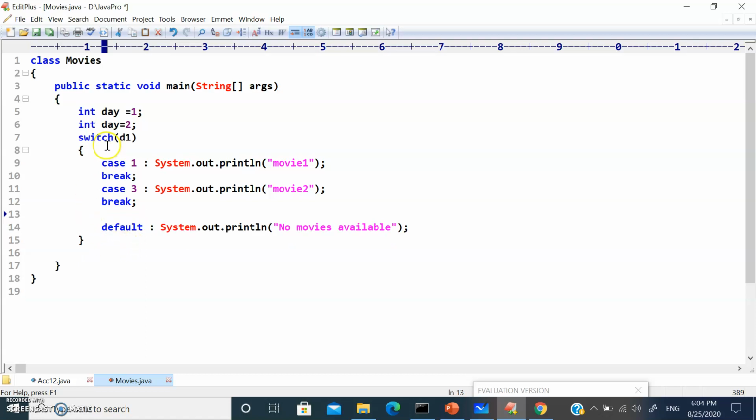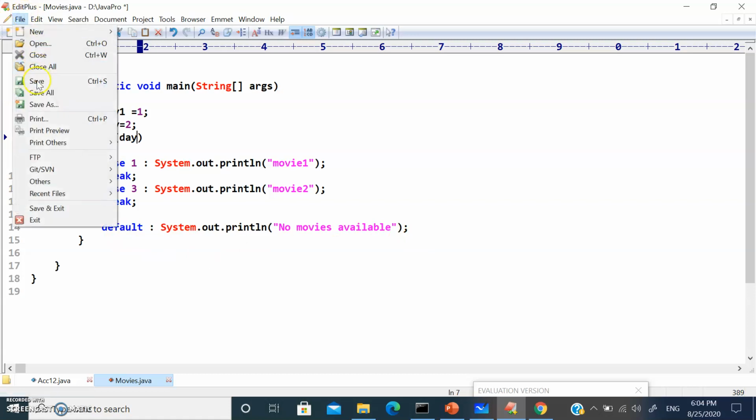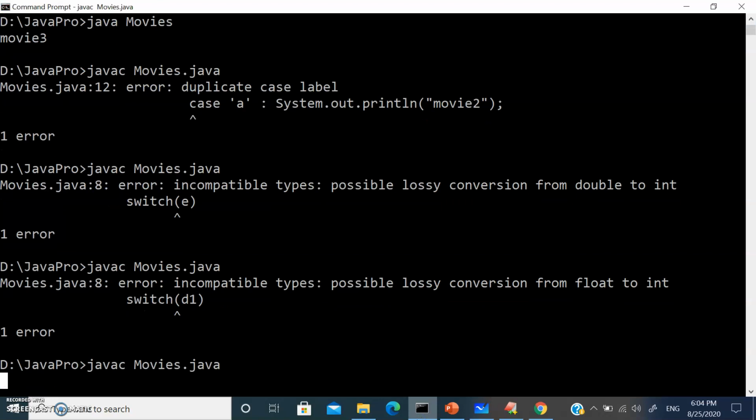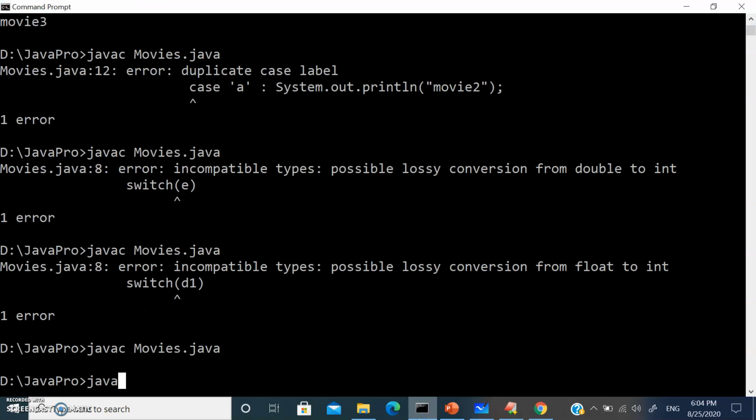Now let me change it to day here. Day contains 2, right? Here I don't mention case 2. In that case it goes for the default statement and it should execute it. Save this program. No error.